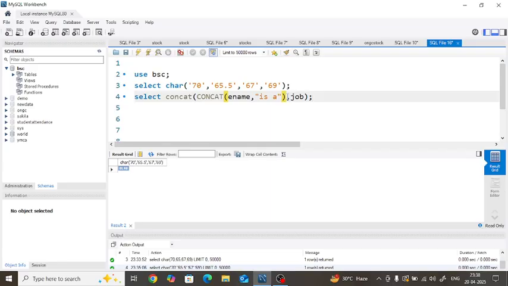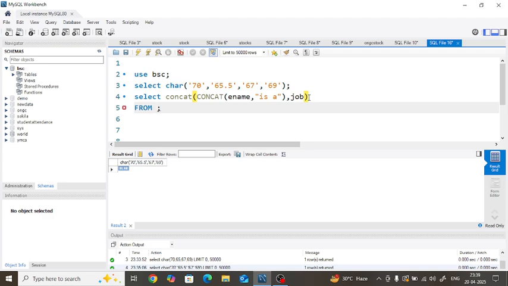So let's see now. You can see that we want to display a job for employees, and it's another thing. You can also write like this: enter, and I want to write from, and if we don't have the name of the table, so what's a table,